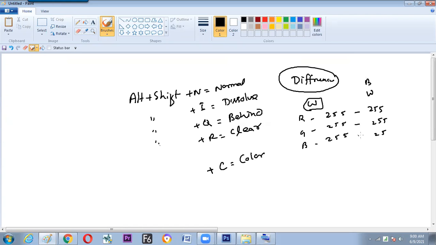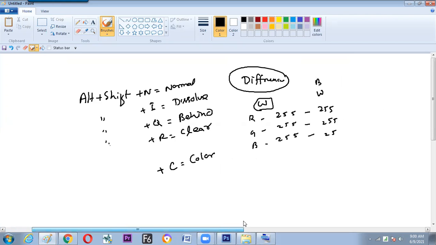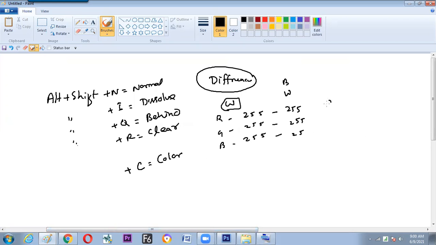Then what is the difference between them? 0, 0, 0. This is the difference, right? In the backend, there is code written. It will calculate the RGB value of the screen and the brush and give out the difference between them.